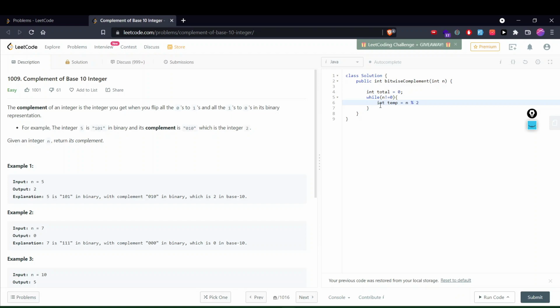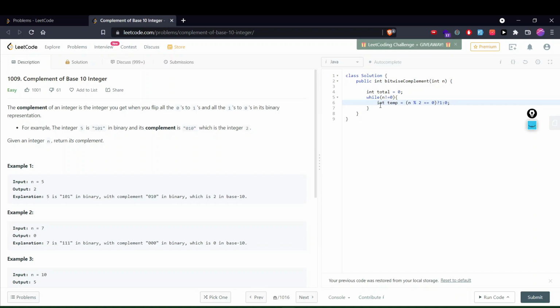This will give the remainder. But since I have already told you that we are not going to store the actual remainder, we have to store its complement. So we will write the condition that if this modulo 2 gives 0, we have to write 1, else we have to write 0.